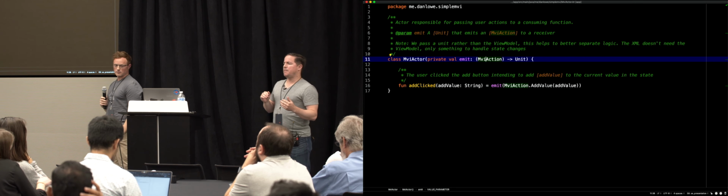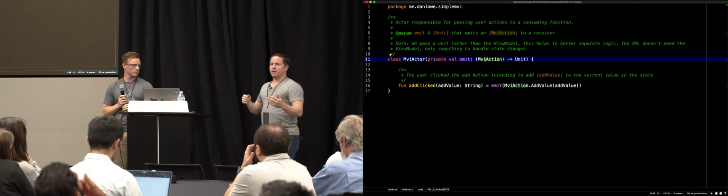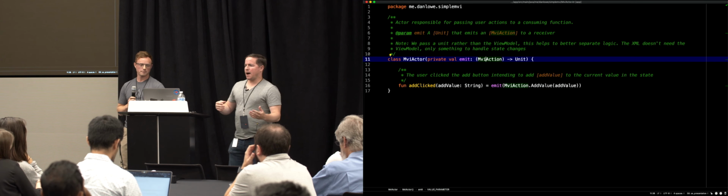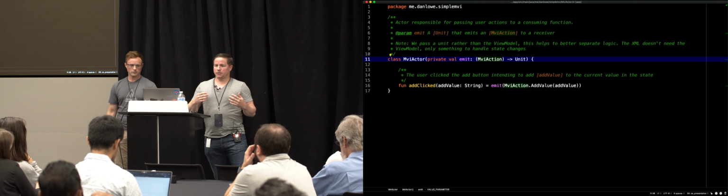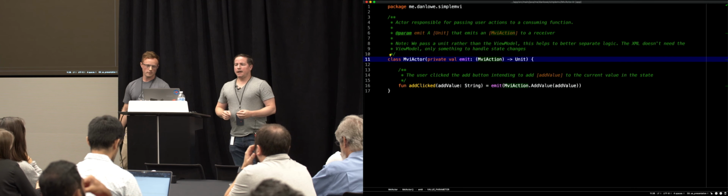You'll see in the MVVM pattern often is somebody putting a view model directly into XML and binding that. Well, that exposes behavior of the view model to the view, and that might not be preferable. And so this helps break that chain and makes this just a little bit more testable and more composed. Yeah, and it goes back to that single responsibility that we're trying to enforce, that this pattern is trying to